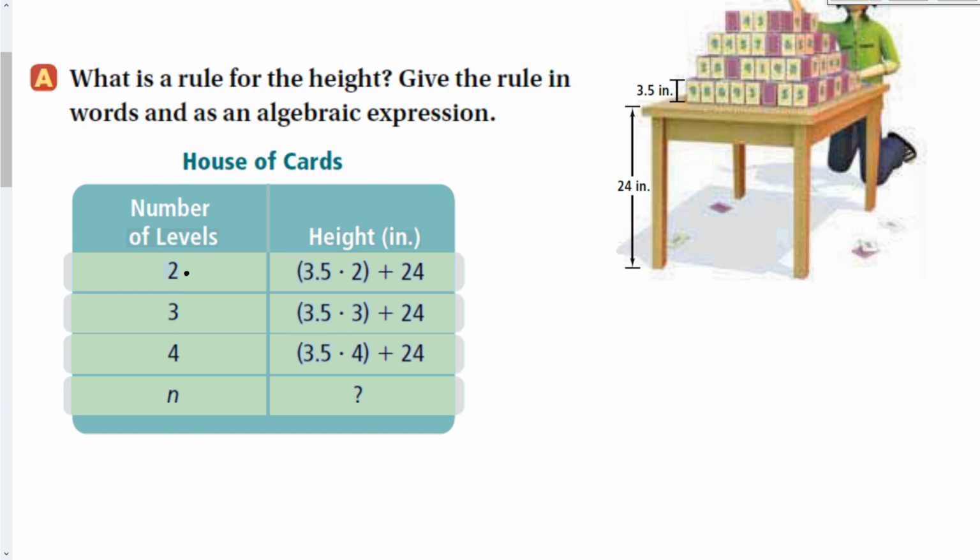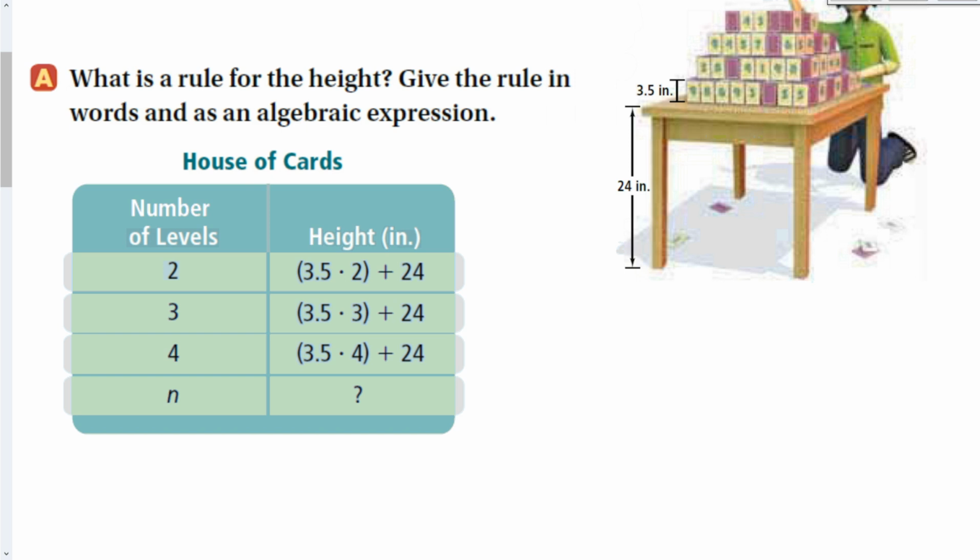So if I look at this table right here at the second level, I have the height of the table, 24 inches, and then 3.5, one row of cards, times 2, because I want the second level. So that's going to be one row of cards. It's going to be up to right there. The next one, number 3, would be up to right there. So now we're going to have 1, 2, 3 rows of cards,